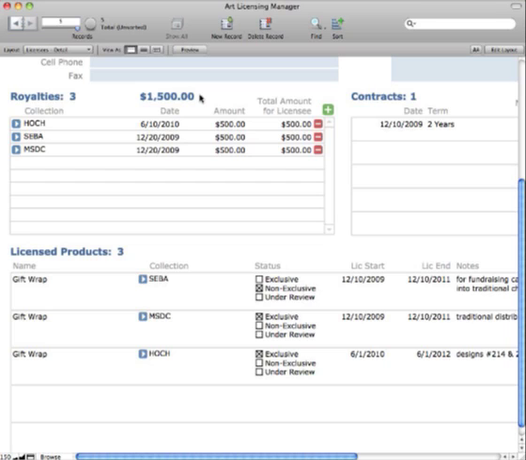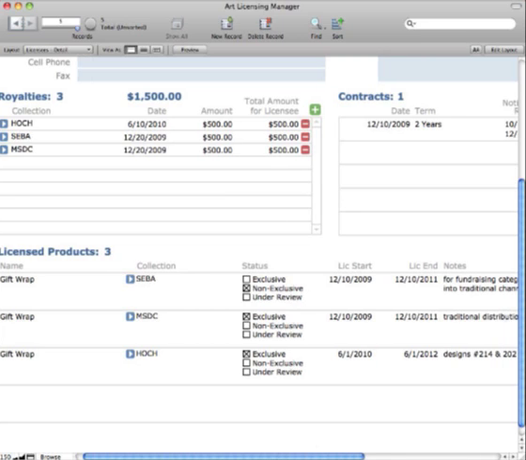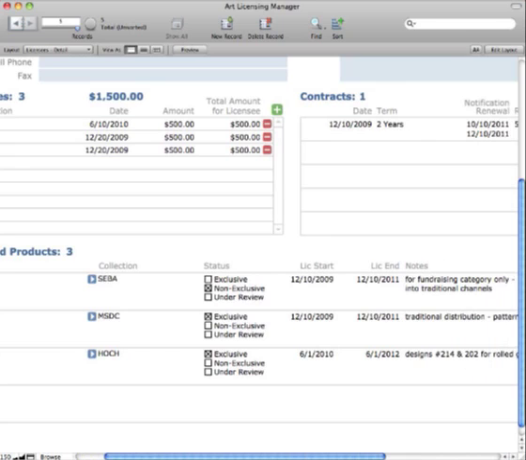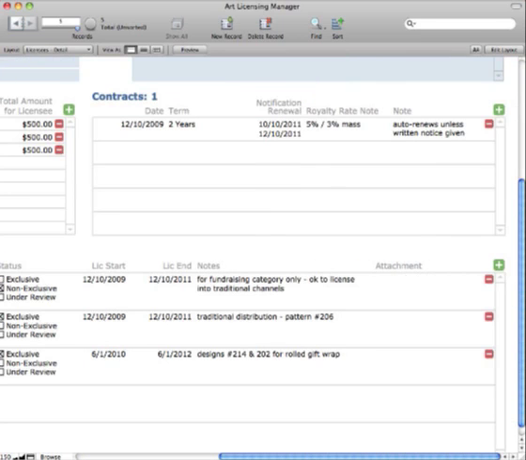And it can help you keep track of what you should show them. Like, okay, I have to make sure I always show them my new drink art because they do really well with it. Or maybe help you decide who gets right of first refusal for something if you don't want to submit it to multiple people at the same time. And then the licensed products goes back and forth with the collections. Just like we said, you can do the under review, or it can just be the licenses that are firm that you have. And then there's also a section above that called contracts,